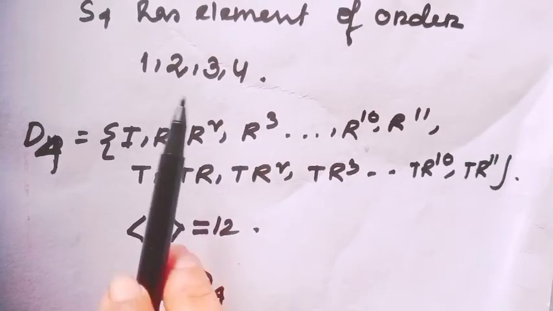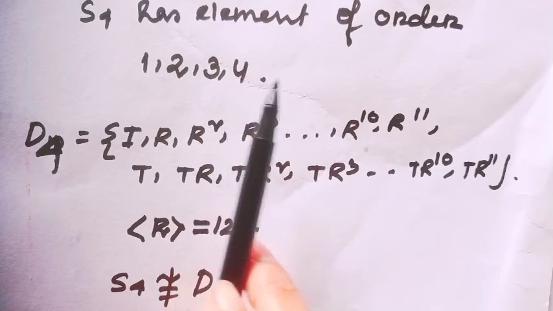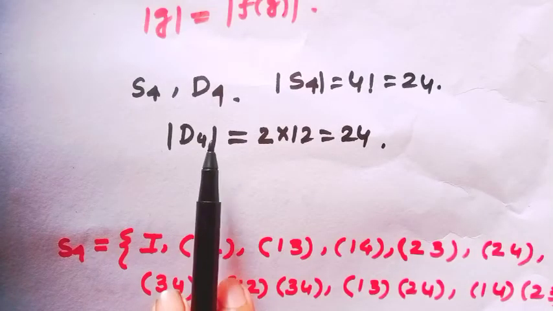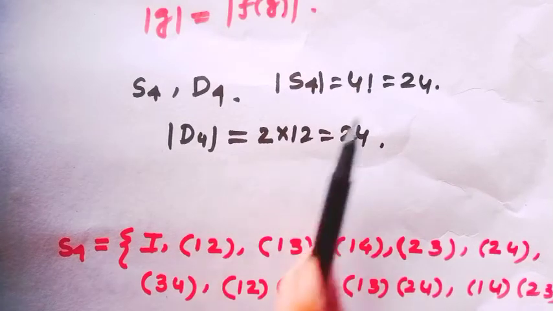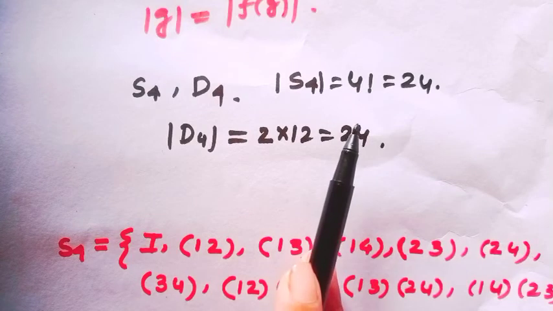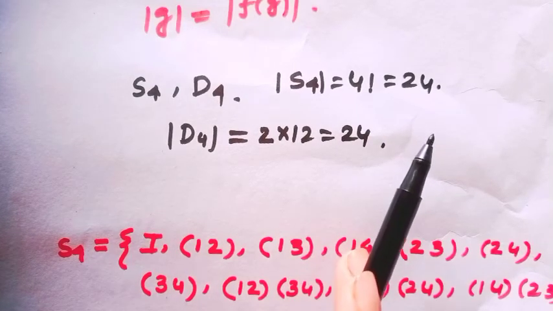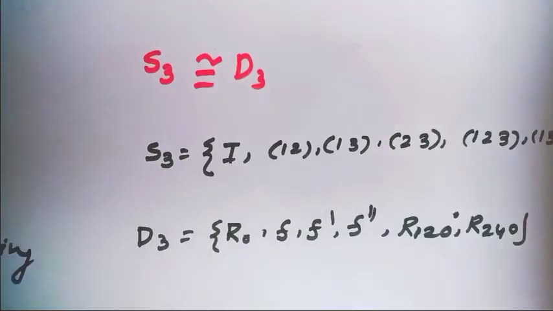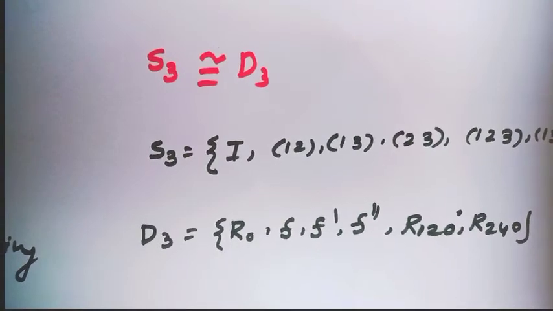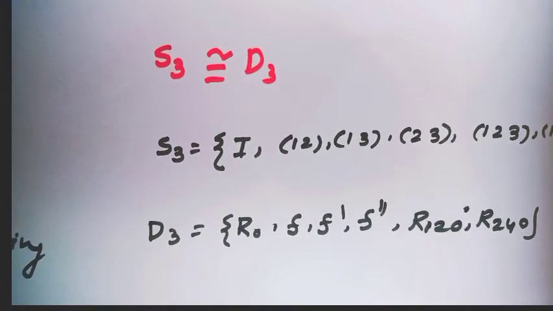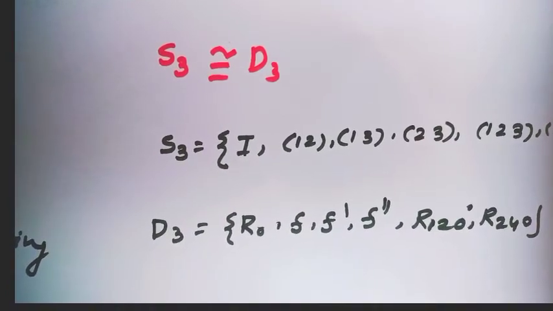But S4 has no element of order 12. So S4 cannot be isomorphic to D4. Notice S4 and D4 have the same order, but they are not isomorphic. That means having the same order is a necessary condition for isomorphism, but not sufficient. Well, but S3 is always isomorphic to D3 because all of us know S3 contains the element 1,